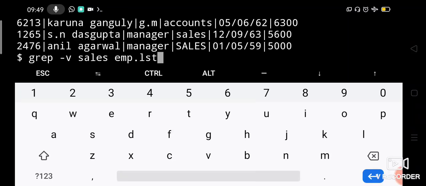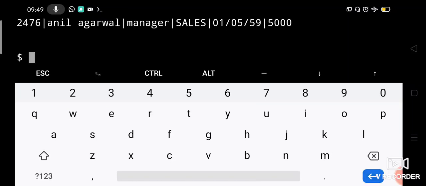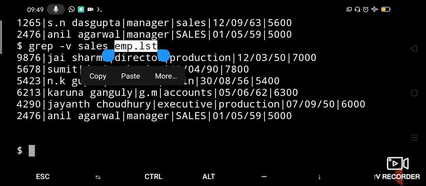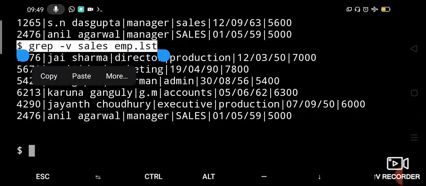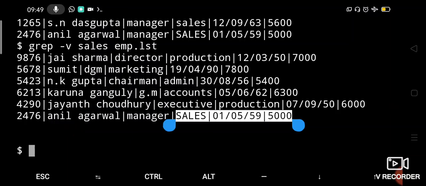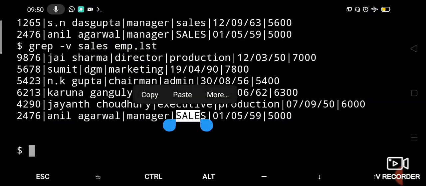Okay, let us check that. So now see, it is displaying all the output of the file but not the lines with sales. But here you can ask me why this Sales is displayed. Can you answer me why this Sales is displayed? Because it is in capital letters.